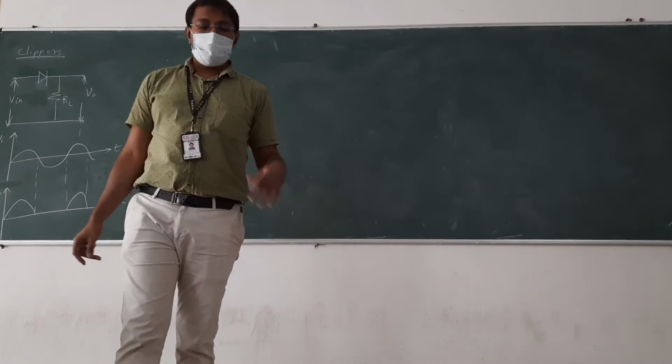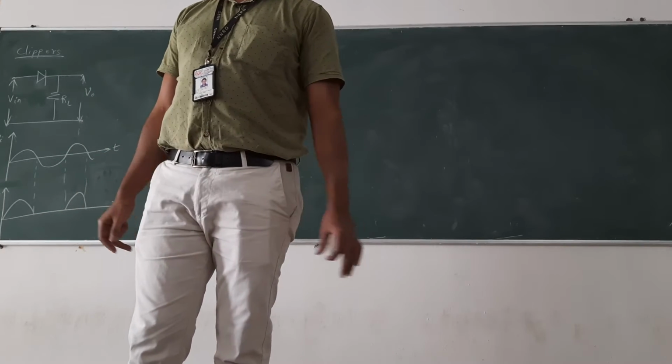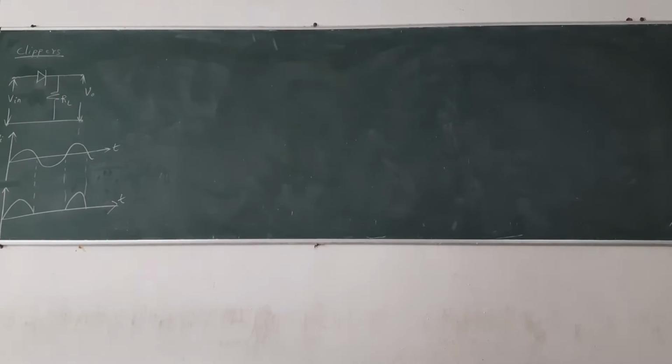Anybody wants me to repeat the definition again? Raise your hand. Clipper is an electronic circuit which clips the unwanted portion of the waveform. Waveform, W-A-V-E-F-O-R-M. Okay, I repeat. Clipper is an electronic circuit which clips the unwanted portion of the waveform without distorting the remaining